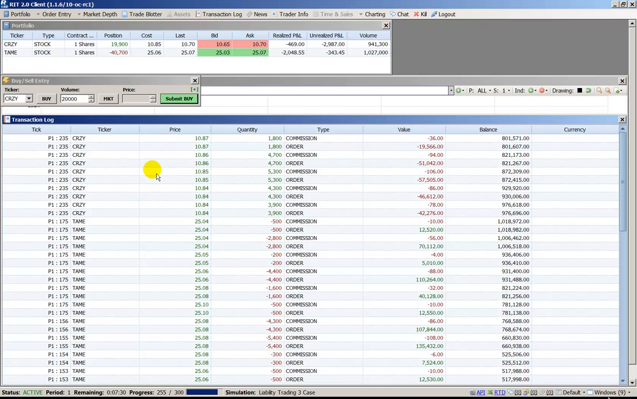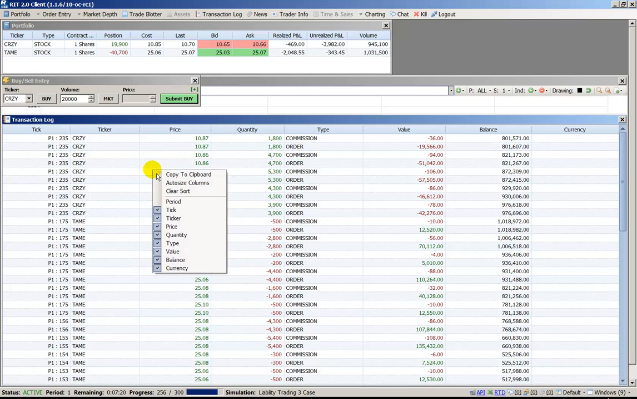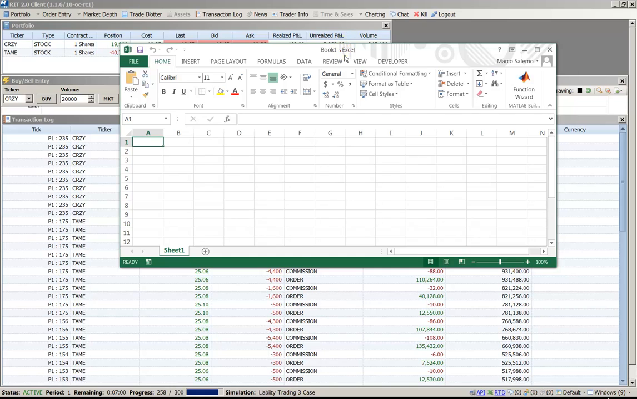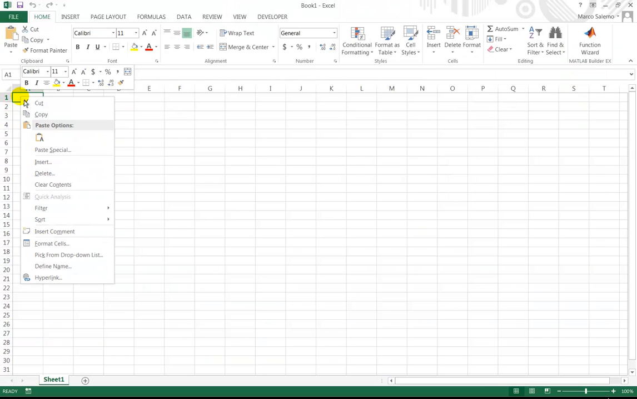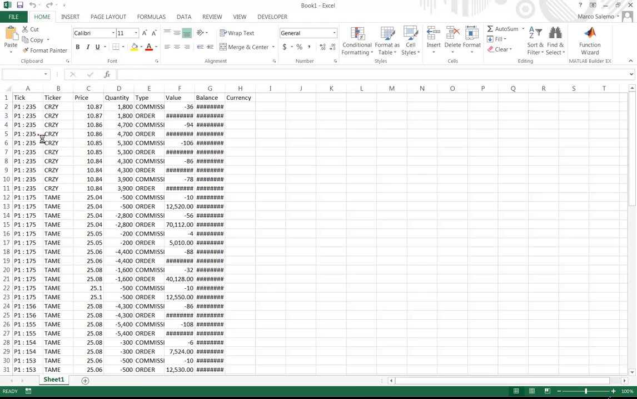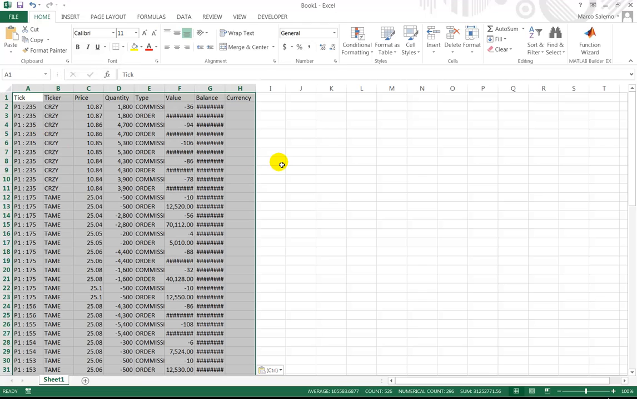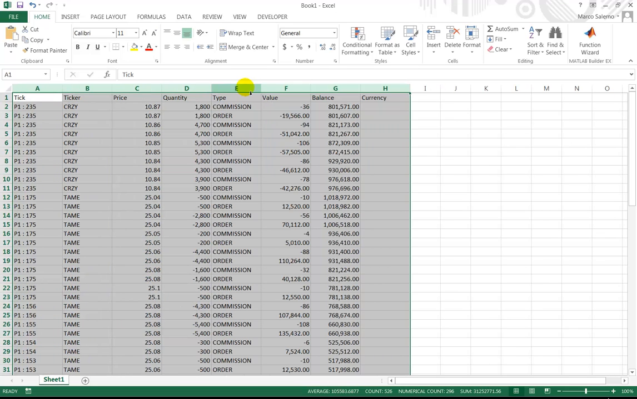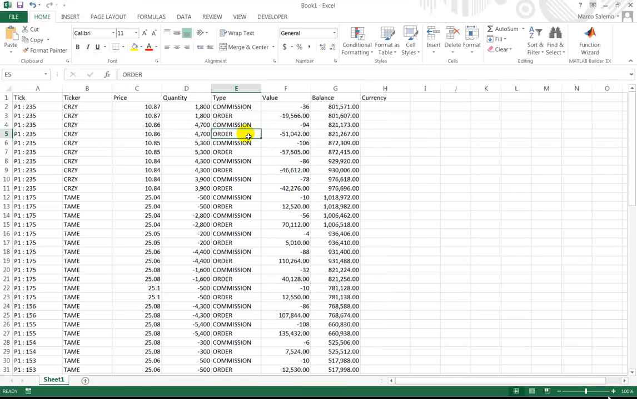If we want to save our transaction log so we can look at our strategy used throughout the case, we can right-click anywhere in Transaction Log, then click Copy to Clipboard. If we open Excel, we can then click into a column, click Paste, and you can see that we've shown our transactions here. If you enlarge the columns, you will be able to see all the numbers in your transaction log, including the value of each trade. Let's now close Excel